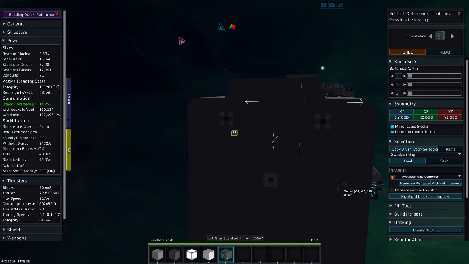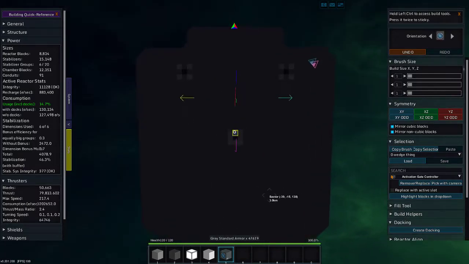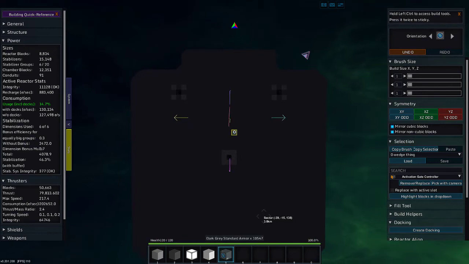I really need to adjust that. Those look like two eyes and a mouth. It's trying to kiss you. Anyway,